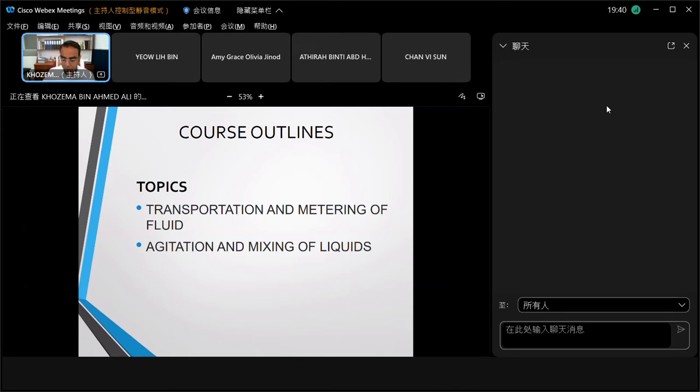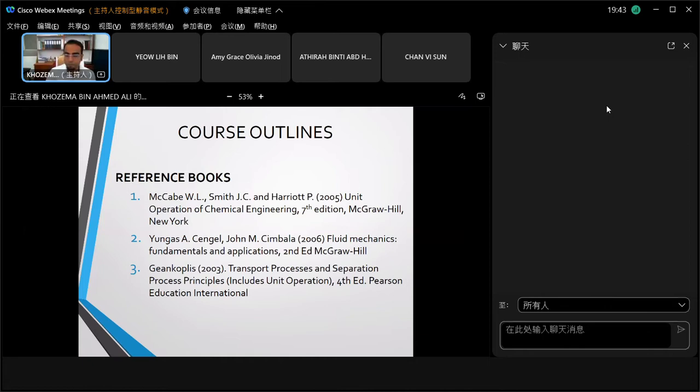Okay, so again, these are the reference books that I'm using, that I hope you will also be using. These are the three important ones. The first one is Unit Operations of Chemical Engineering. There's a big part in this book for fluid mechanics, so whatever Dr. Halina and I will teach you is coming from that book. If you have the opportunity to get the book, please do, because you'll also be using this book